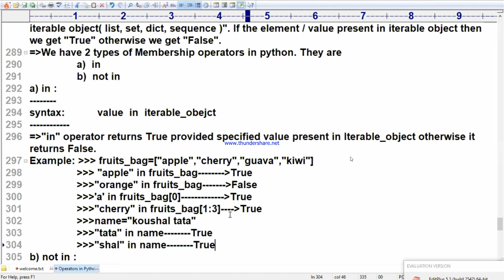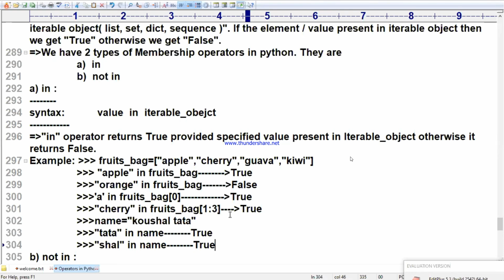Don't worry. In the 9 o'clock batch, I started the functions concept today.